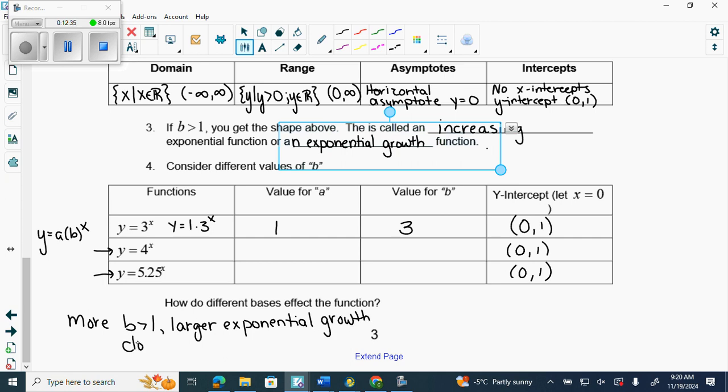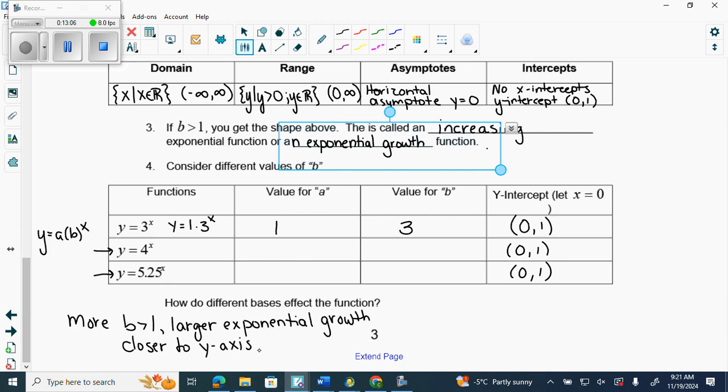Closer to the y-axis. Why does it get closer to the y-axis faster the larger b value you get? What is the graph doing? Growing faster. So the faster it grows, the faster it's going to increase, the closer it's going to get to the y-axis,